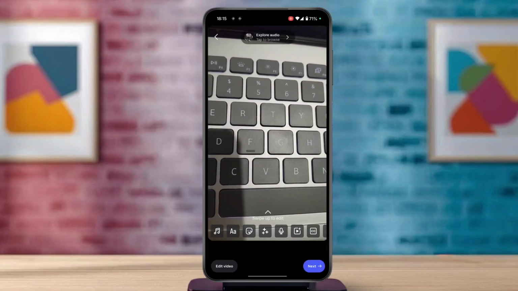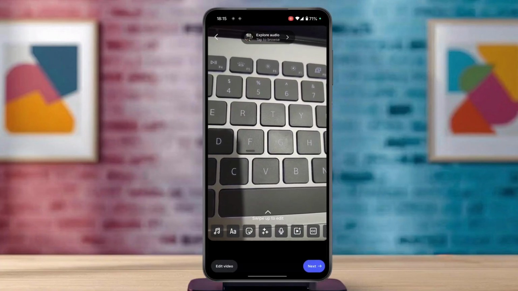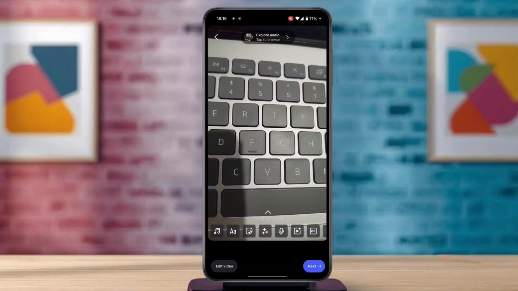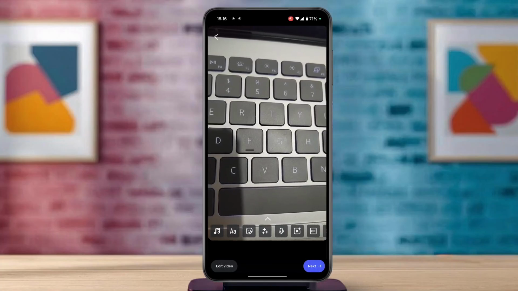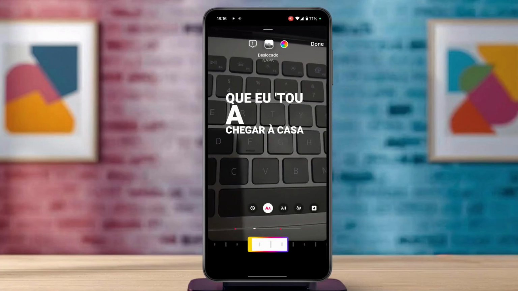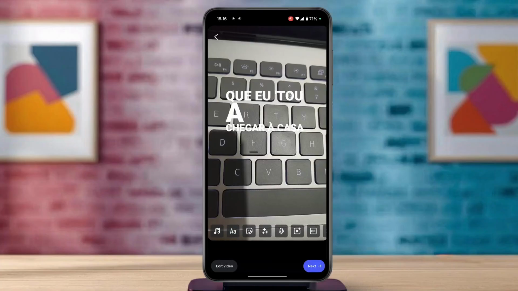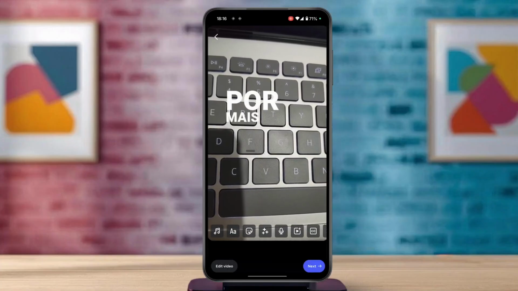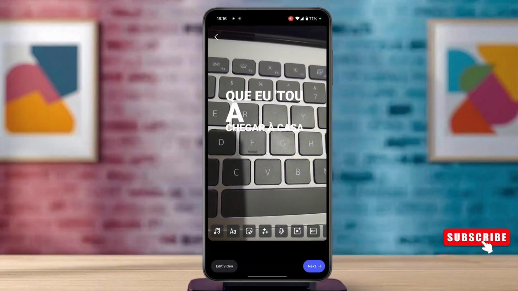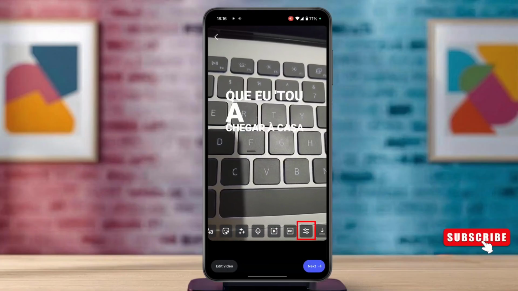And after you've recorded a video, and if you have added a music in it, what you can do to use your original audio is, if you have already added a music, let me tap on the music icon. And let's say I've added this song right here. So after you've already added a music on your reel, but if you still want to use your original audio, it's quite simple. So if you head over to this side, tap on the edit button,